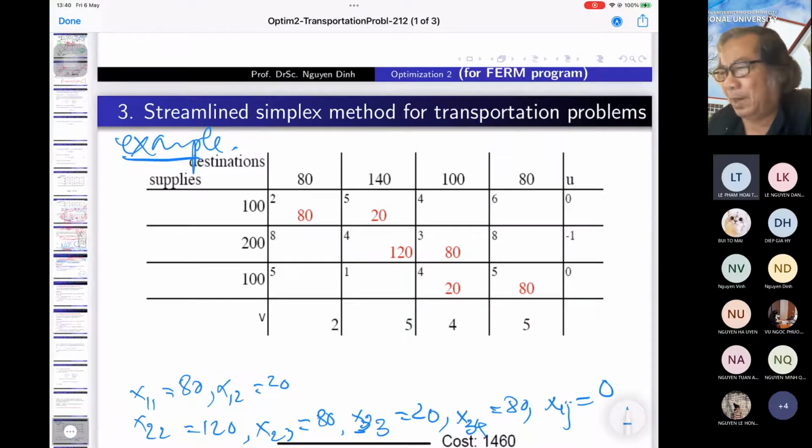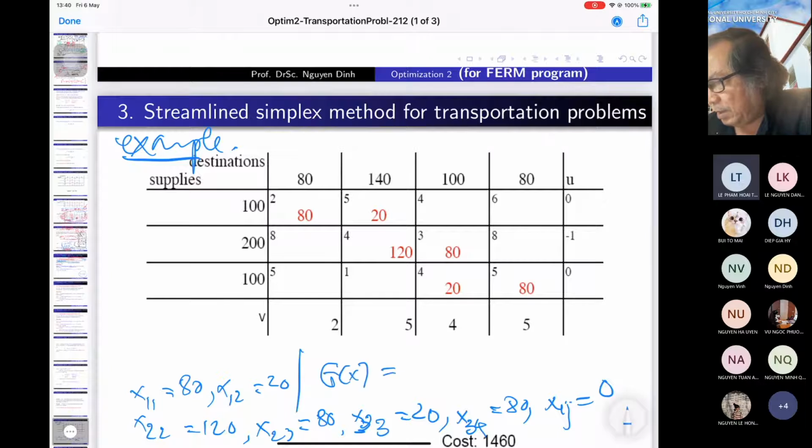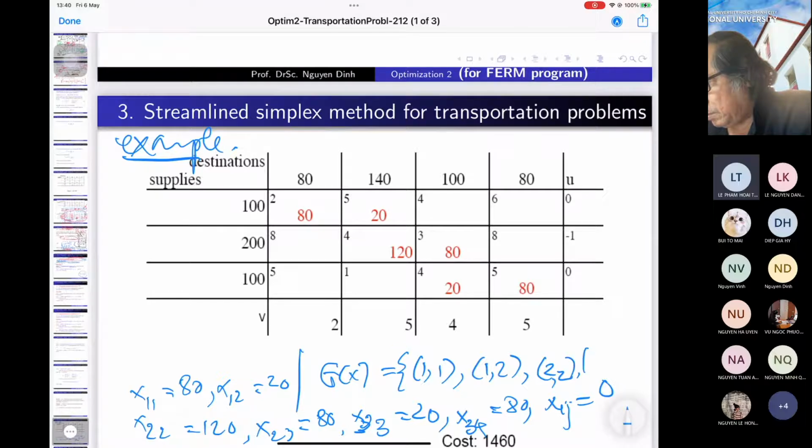After having this, we define the set GX. So what is GX? GX is the set of selected cells, the cells with the written numbers. That's all: 1,1, 1,2, 2,2, 2,3, and so on. And 2,3, and here 3,3 and 3,4. Okay, that's GX. That's the first thing. The first step,